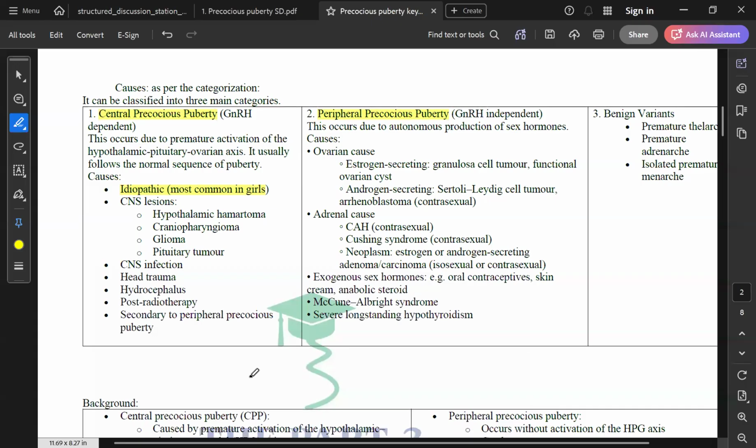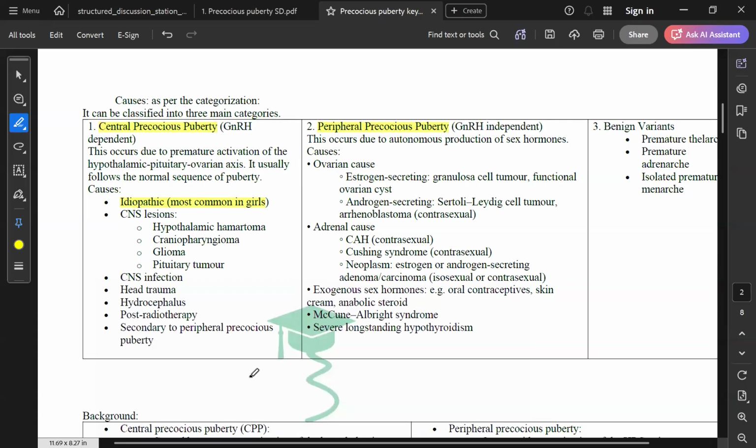Most often, central precocious puberty is due to an idiopathic cause. Otherwise, these are all the other reasons. So this is how you need to mention it. Instead of just enumerating it one by one, you organize your thoughts and discuss, converse with the